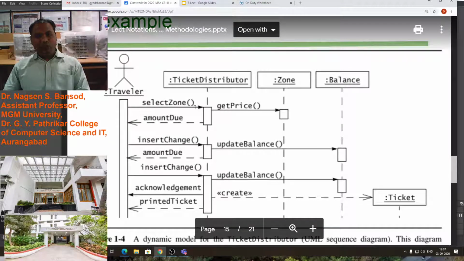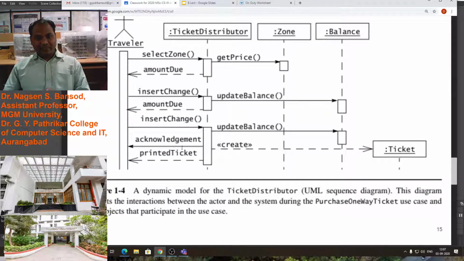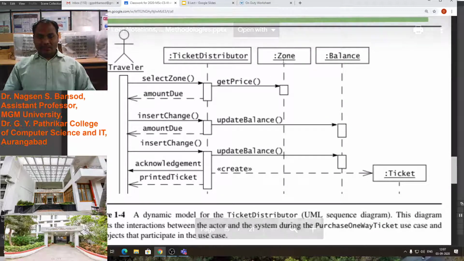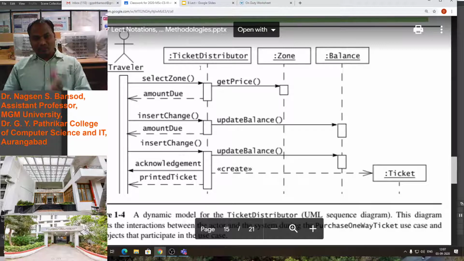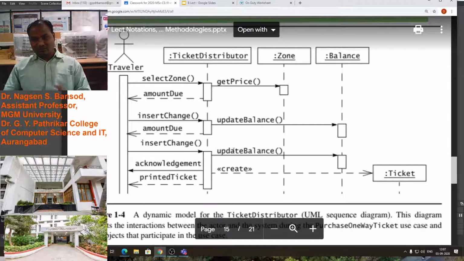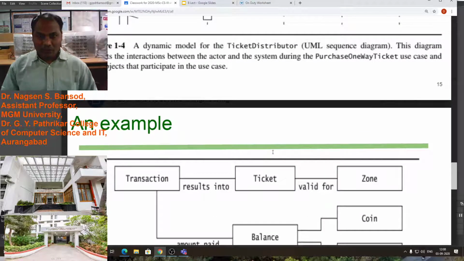He is selecting the zone in the first step, inserting change in the second step, and in the third step he is taking the acknowledgement with the printed ticket. These steps are initiated by this traveler, and zone-wise the price is obtained by this machine, and if there is an extra amount, then it will update the balance and return the due amount to the traveler. The last one will be the ticket that is given to the traveler.